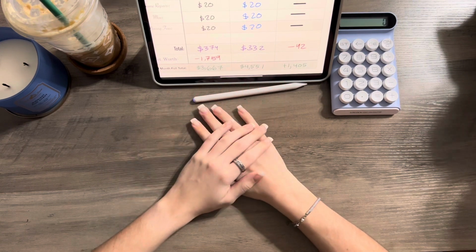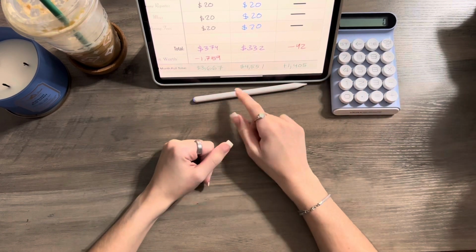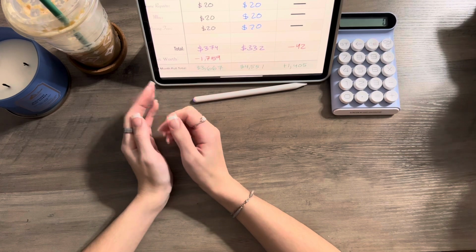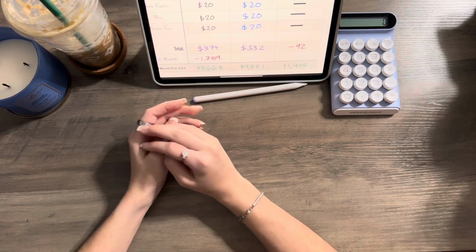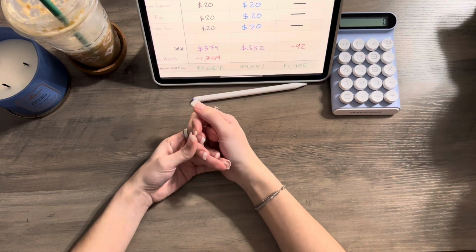And so now we're going to take out, this is how much I ended off the year with. I ended off this year by having $4,551, which is great because at the beginning of this year, I had no money saved up. Because at the end of 2022,